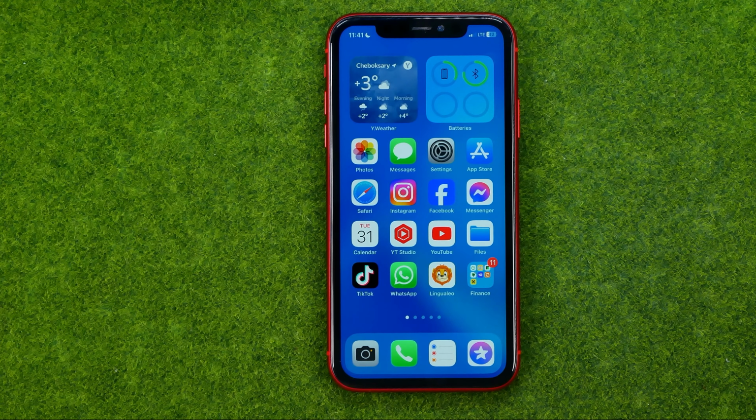In this video, I'm going to show you how you can easily save all photos from your iPhone's photo album